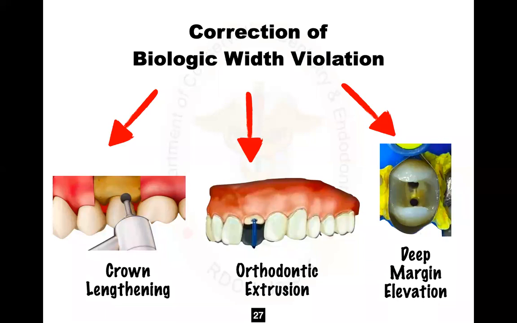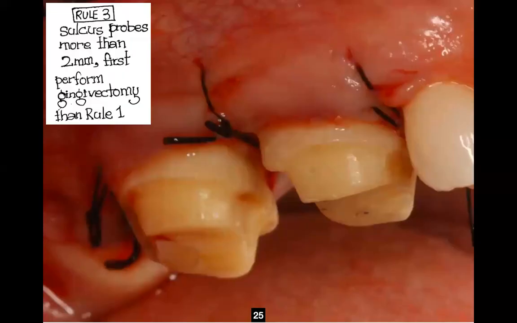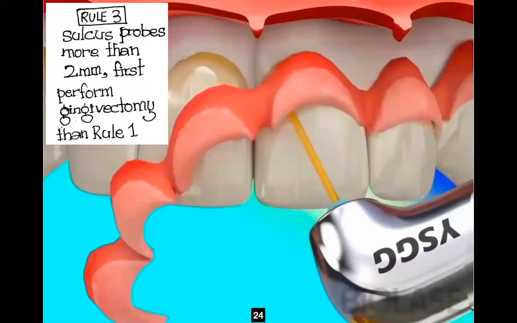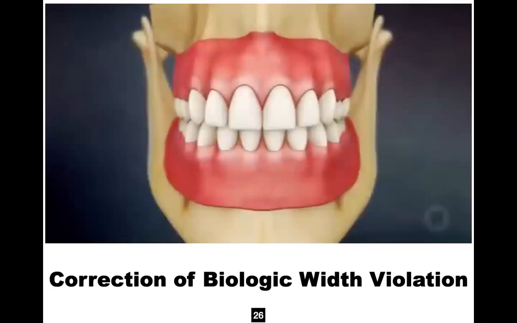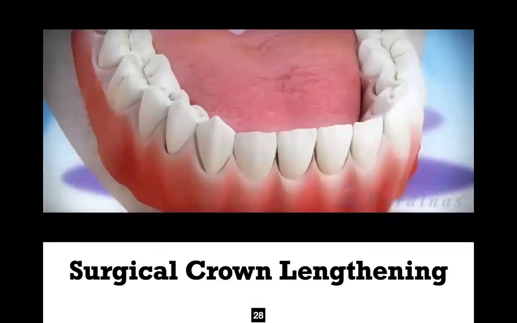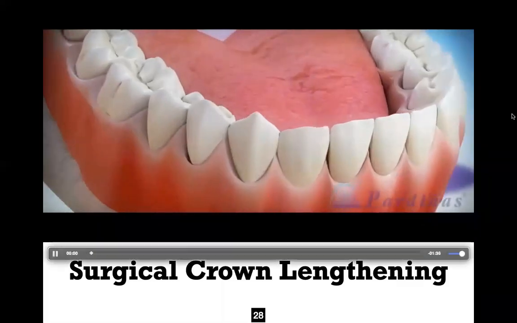The crown lengthening procedure is already discussed in the last rule that I described to you. How are you lengthening the crown? You're basically taking off the excess gingiva. The crown underneath is present, but it is hidden with that gummy smile of yours. So what we're gonna do is remove that excess gingiva and lengthen the crown. Okay, so this is the first criteria. Let's just quickly watch the videos on these 3 methods.